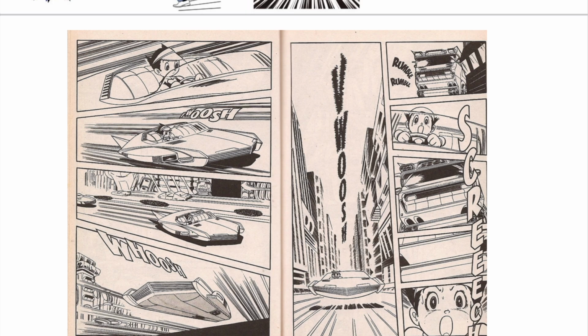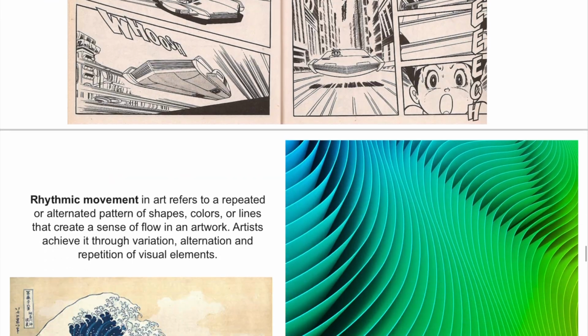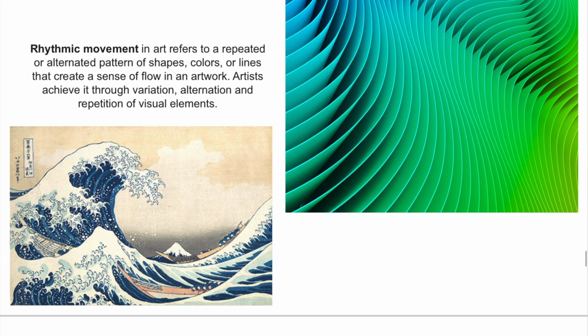It really does, it's kind of a masterclass in visual communications and storytelling. We'll get back to that in a second. Rhythmic movement in art refers to a repeated or alternated pattern of shapes, colors, or lines that create a sense of flow in an artwork. So variation, which is something we've talked about before, alternation and repetition of visual elements helps to create this feeling of movement. And the difference here, again, is the idea that there's a repeated pattern of shapes or color